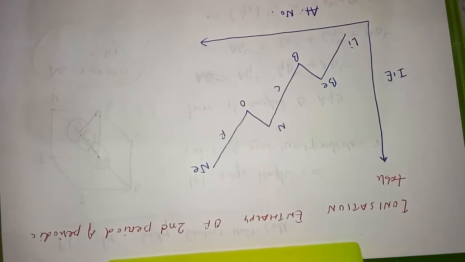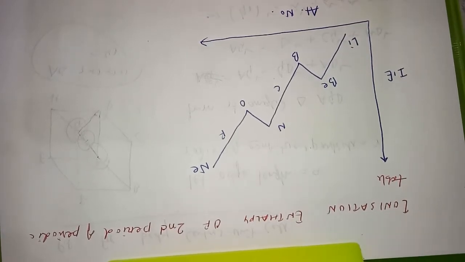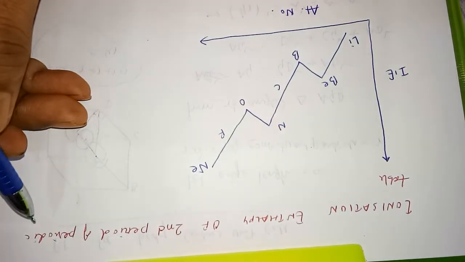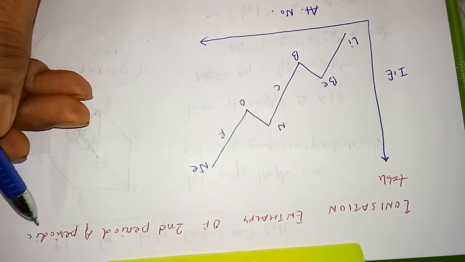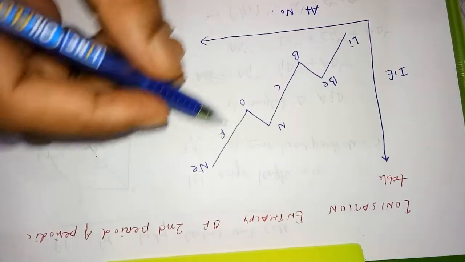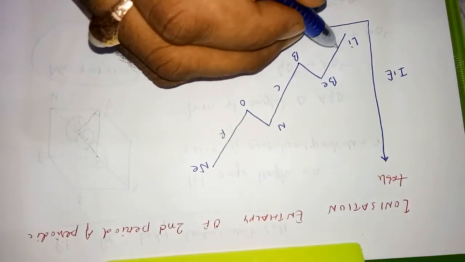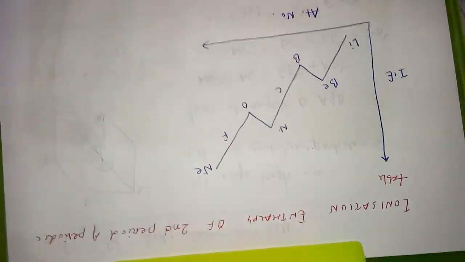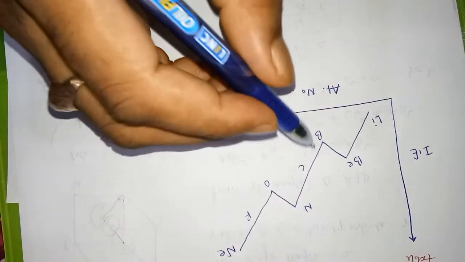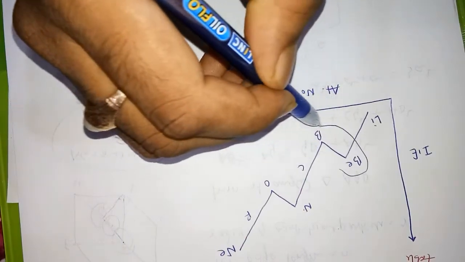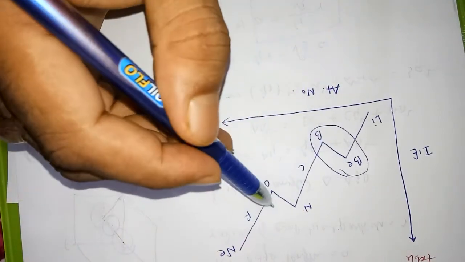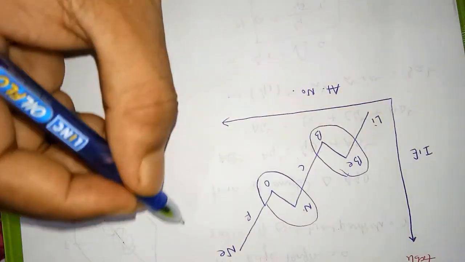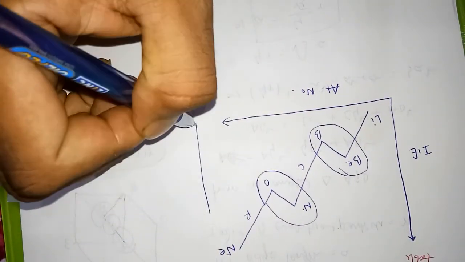Jai Gurudev student. Today we will discuss the ionization enthalpy of the second period elements: lithium, beryllium, boron, carbon, nitrogen, oxygen, fluorine, neon. Obviously, these two questions may be in your mind: why is the ionization enthalpy of boron less than beryllium, and oxygen less than nitrogen? So if I go through their electronic configuration,